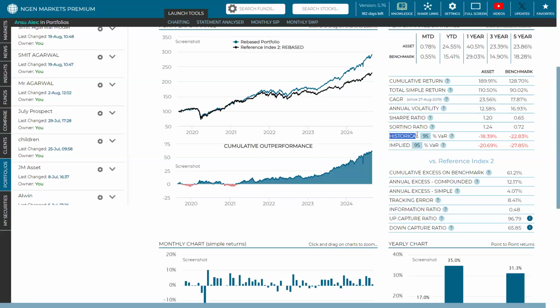Next to that, we could view this historical 95% VAR. Now, VAR is an abbreviation for value at risk, suggesting what is the value of this portfolio that is at risk. At a risk of what? At a risk of losing. Now here you could see 95 is what has been mentioned. So this says that with a 95% confidence interval, there is a 5% probability that if history were to repeat itself, your portfolio would go down by a total of 18.3%, while the benchmark would go down by a total